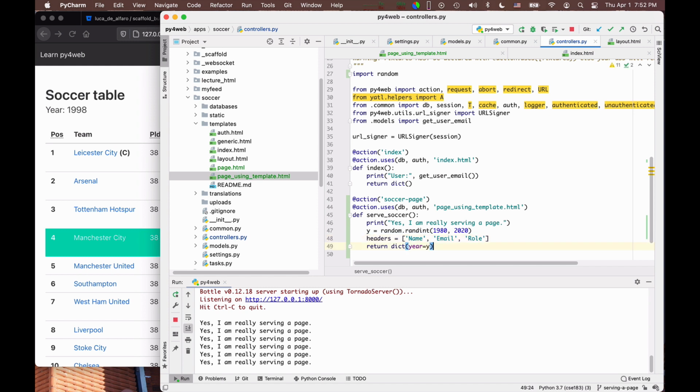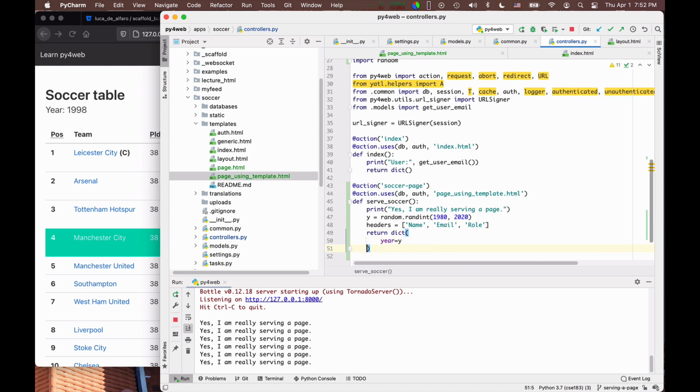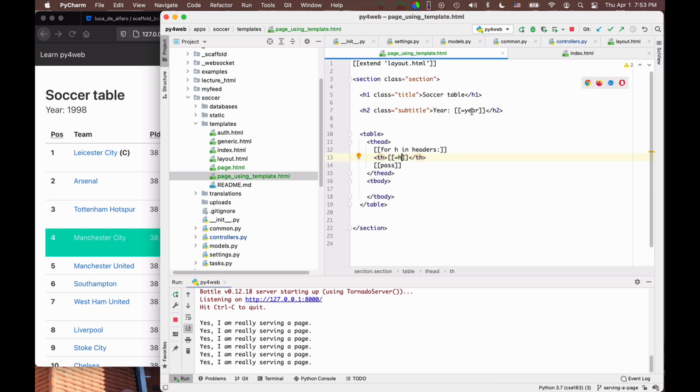Okay, and then here in this dictionary that I output, I usually like to format it nicely. I have to continue giving the year, and I can say headers is equal to headers. So here I'm building essentially a dictionary that has two keys, year and headers. I'm passing it to the template, and the template will use it here and here.